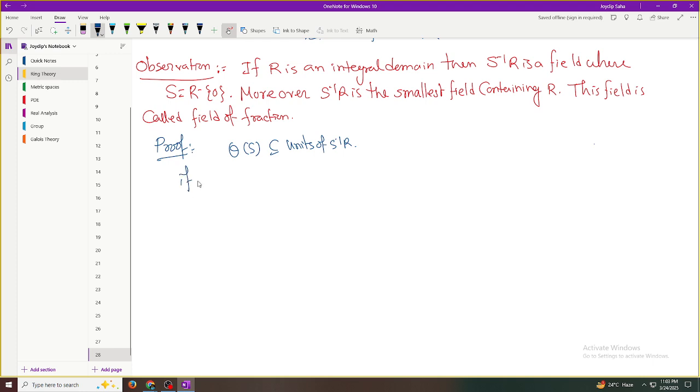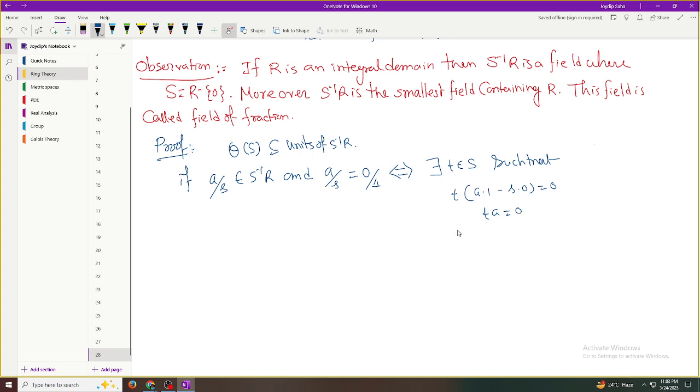If a by s belongs to S inverse R and a by s equals 0 by 1, if and only if there exists t belongs to S such that t into (a dot 1 minus s dot 0) equals 0, ta equals 0, that means a equals 0 if and only if,